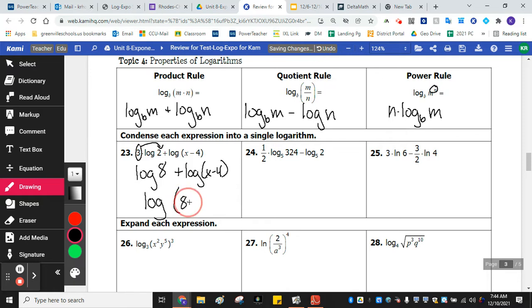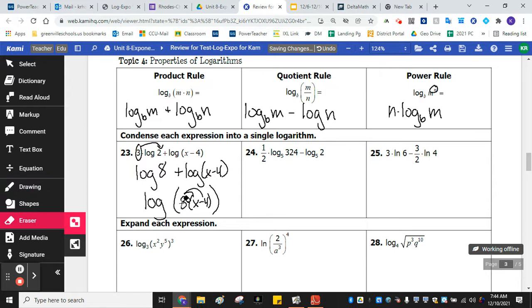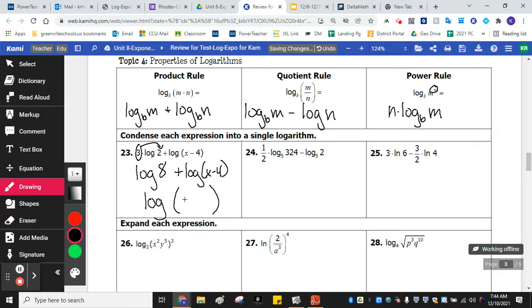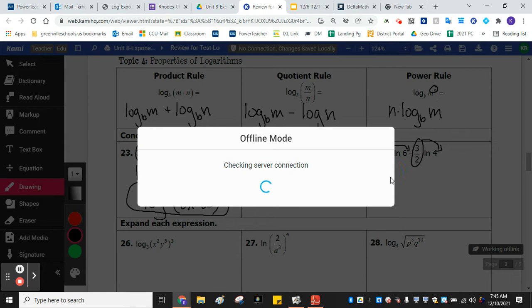Multiplying, because it's addition, x minus 4. And then distribute your 8. So 8x minus 32. There you go. All right, bring the 3 up. Bring the 3 halves up. So we have